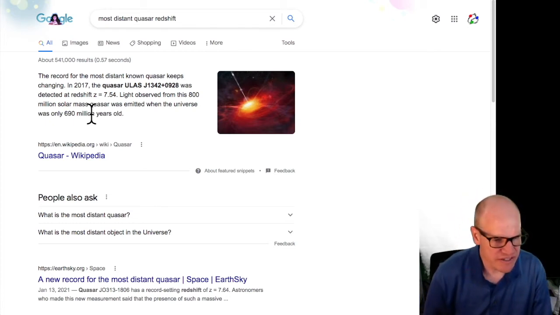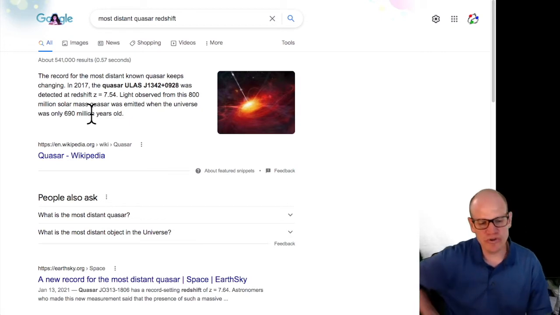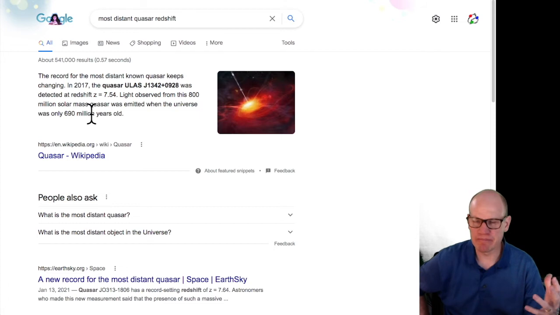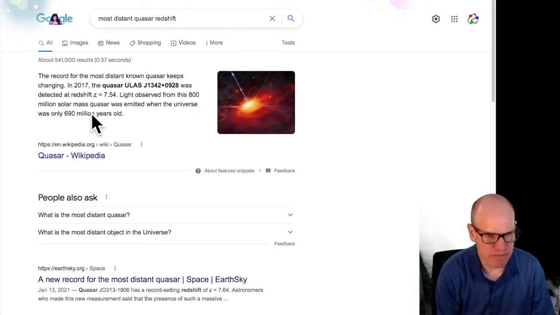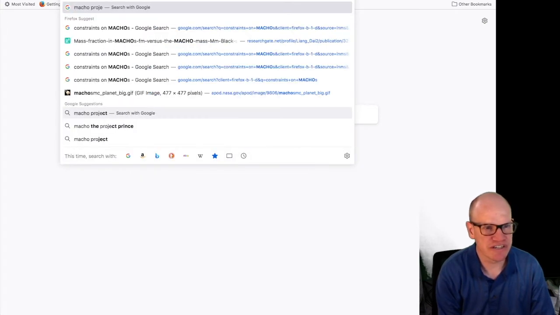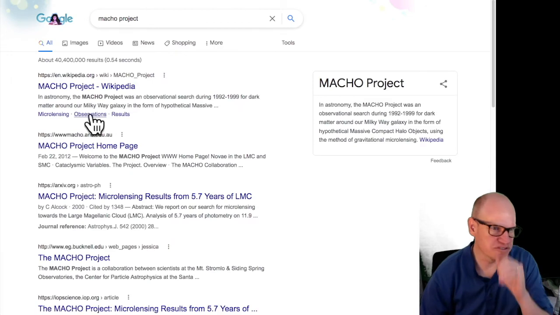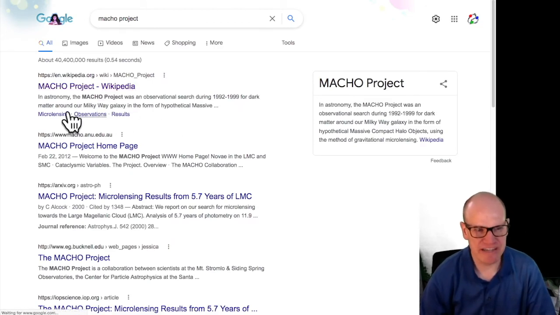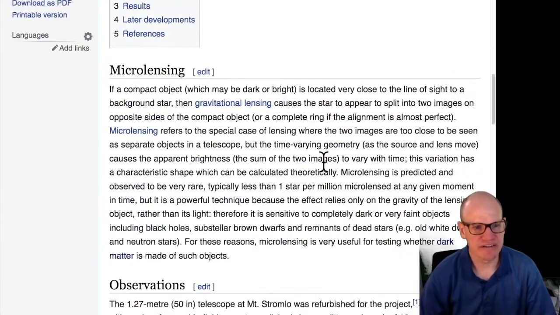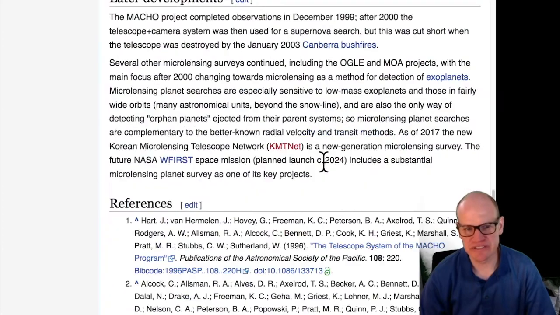Is it possible that, in theory, primordial black holes play a role in this? So we don't know about primordial black holes. We don't know how many primordial black holes there are, if they form, how massive they form. There are some constraints on primordial black holes that come from what's called microlensing. So there's a project called the MACHO Project. This was looking for massive compact halo objects in the galaxy from gravitational microlensing. And it basically says we don't see any evidence for it.